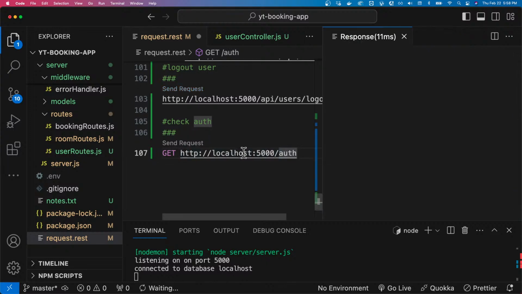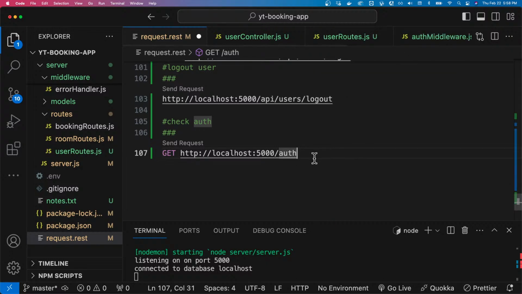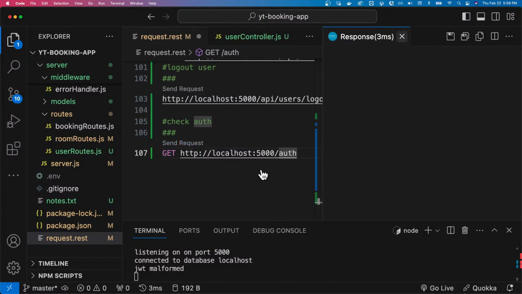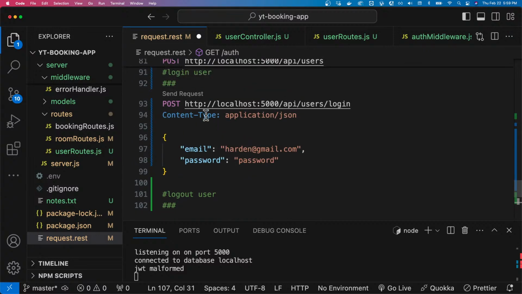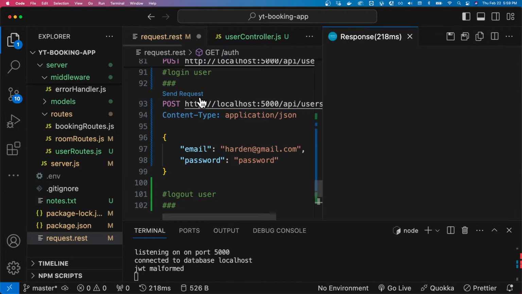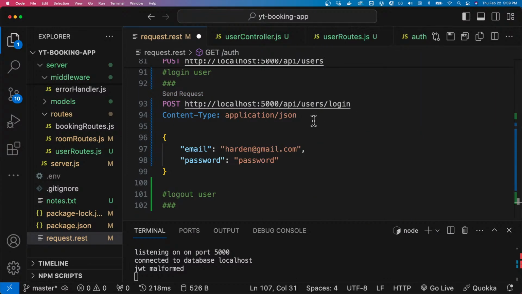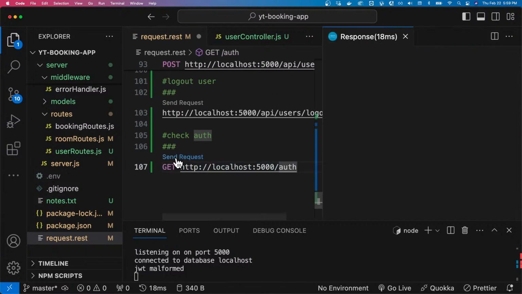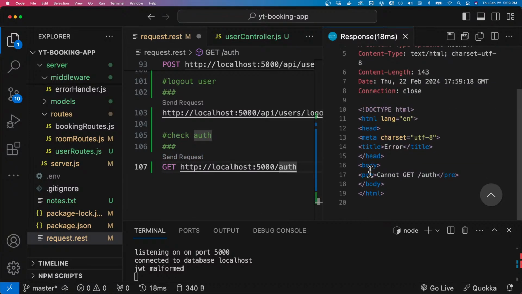Alright. That has locked us out. Yeah, we hit it as well. Why is it that when we log in? Let's log in again, and then let's hit this endpoint. Why can't we hit the endpoint? Oh,